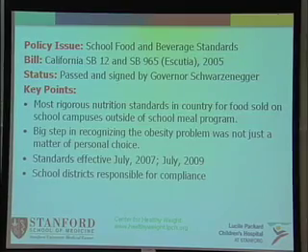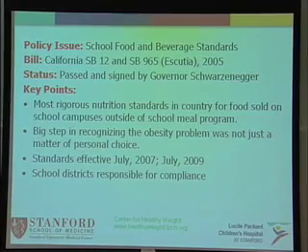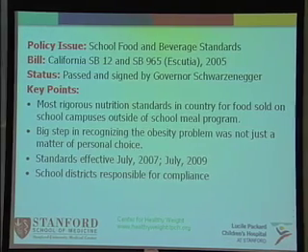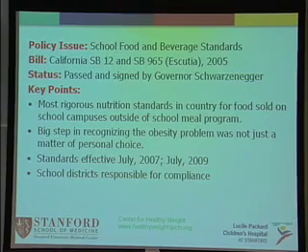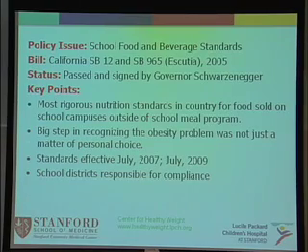This was really the first time that nutrition standards outside of the school lunch program were developed. So this was to create some standards for any products that were being sold outside of the federal school lunch and school breakfast program. And 965 was all about the beverages. And this was really a big step in recognizing that the obesity epidemic was not just a personal choice thing, it actually was the responsibility of schools and other organizations to do something about it as well.